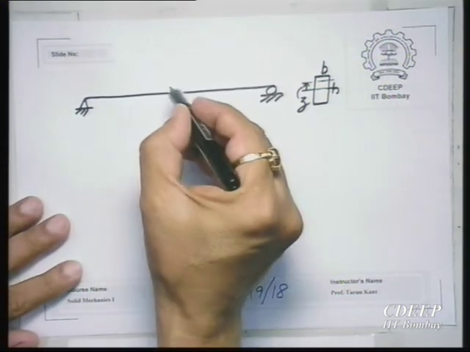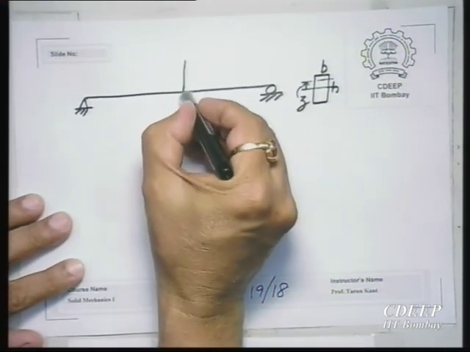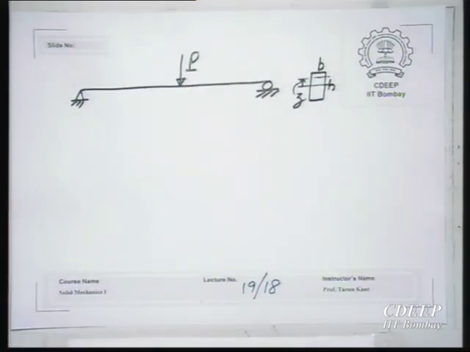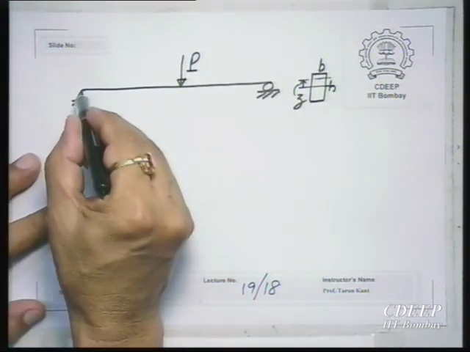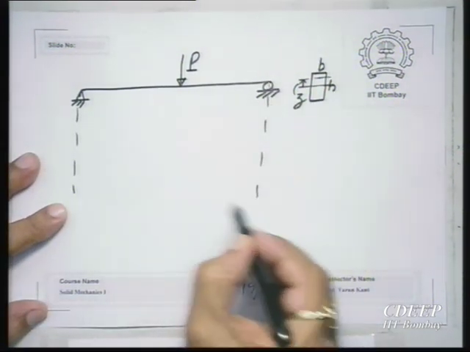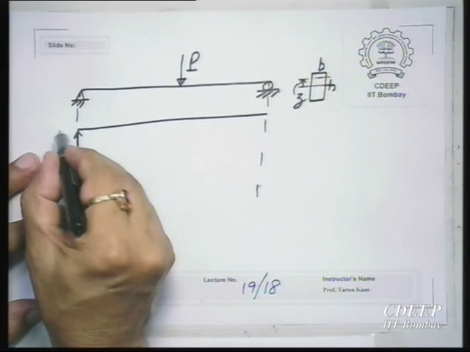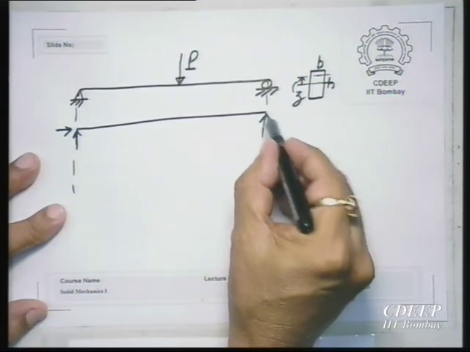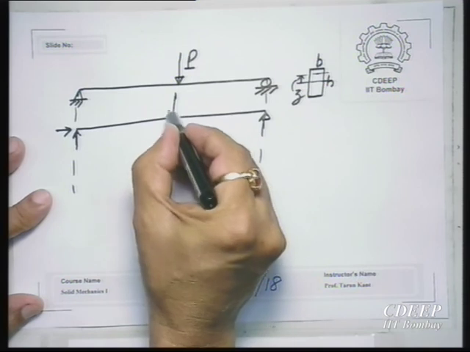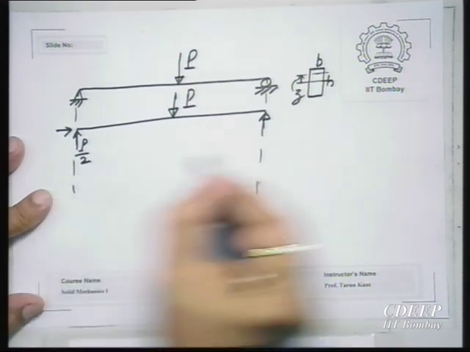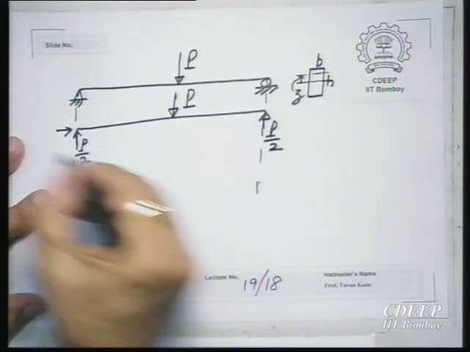Now, if this beam, let us say, is subjected to a central concentrated force P, please find out the maximum stress this beam is subjected to. Please find out. So, first of all, what will be the bending free body diagram? This will be the free body diagram. This will be P by 2, P by 2, this will be 0.